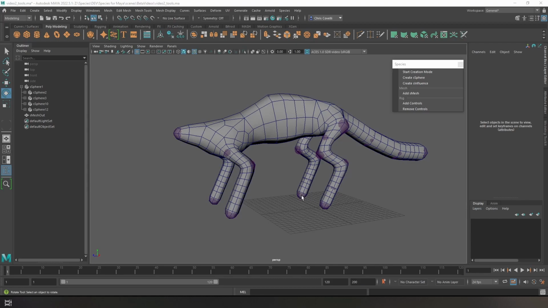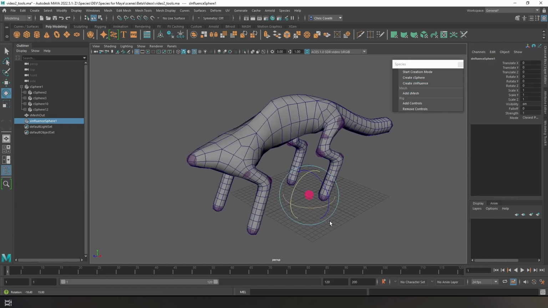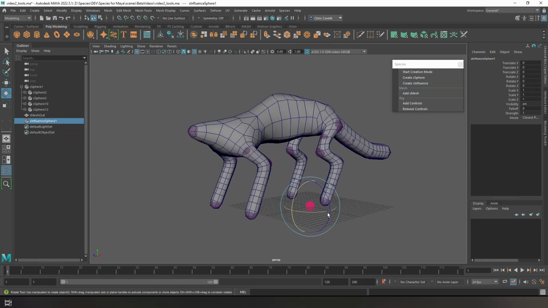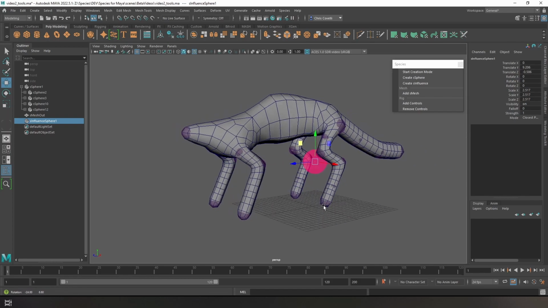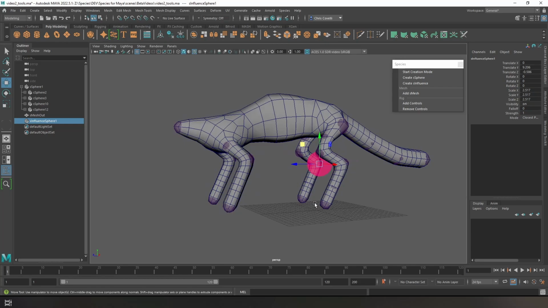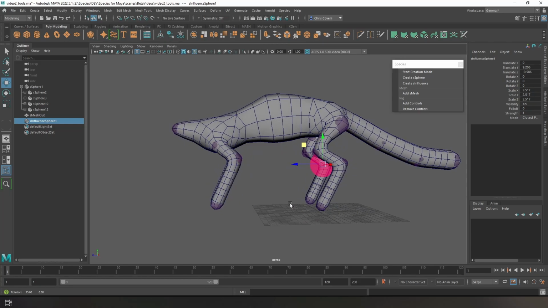The next tool we're going to look at is this Create S Influence. If I click on that, you'll see another sphere appear at the origin. This one is colored pink or magenta to differentiate it from the S spheres. The purpose of this sphere is to affect the mesh only. It doesn't have anything to do with the underlying skeletal structure, your S spheres. It's just meant to be sort of free-form shapes that can affect the